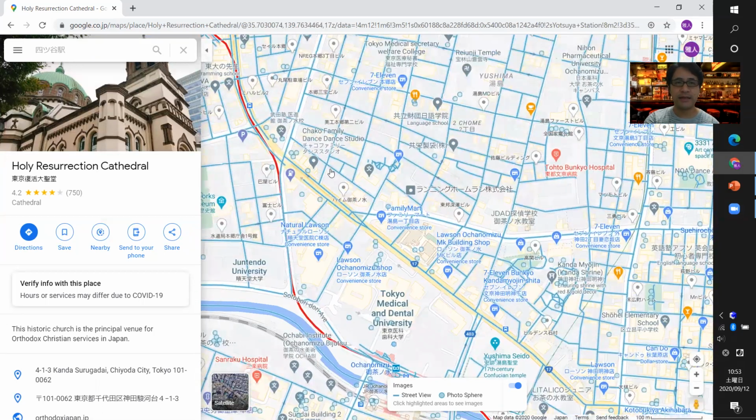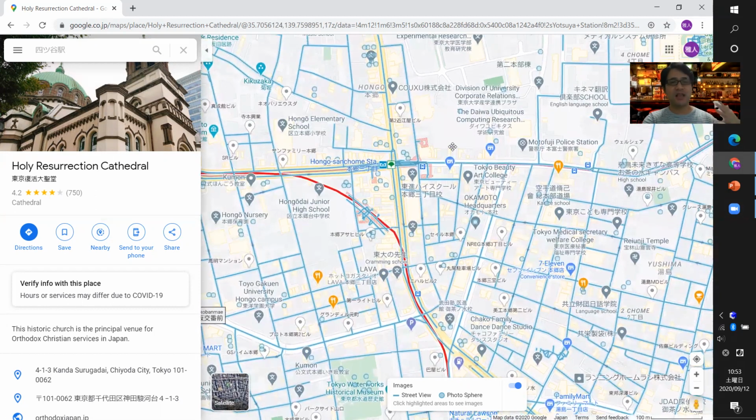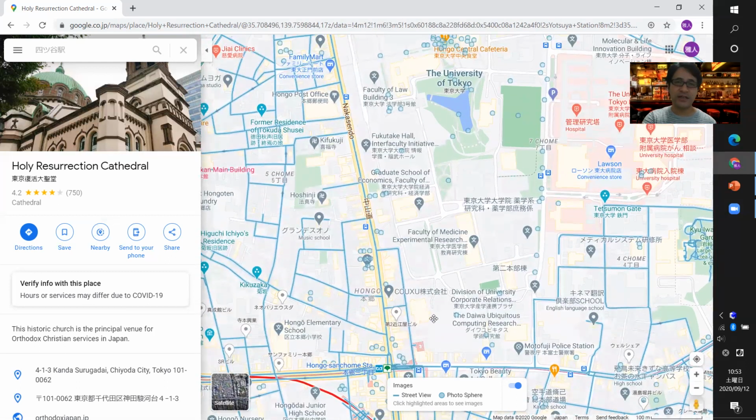This area is called Hongo, and the station is Hongo Sanchome. Sanchome means a kind of Third Avenue or District number 3 in Japanese. And in Hongo is located Tokyo University. The University of Tokyo is located in Hongo. So when an author, especially Haruki Murakami, mentions Hongo, it means, not directly, but it points at the University of Tokyo,